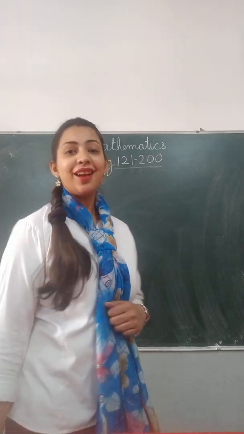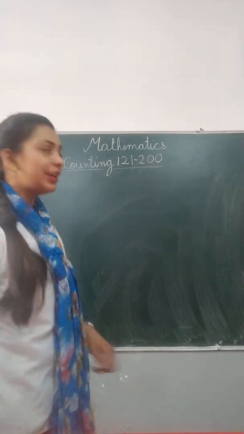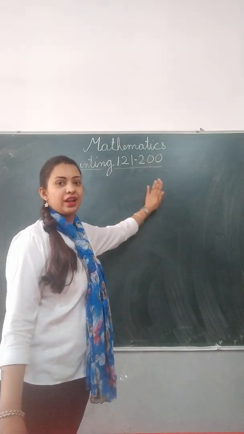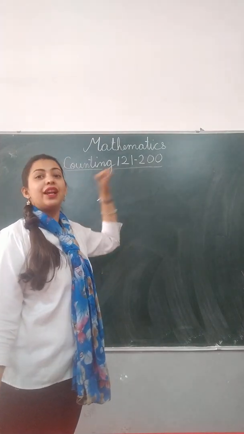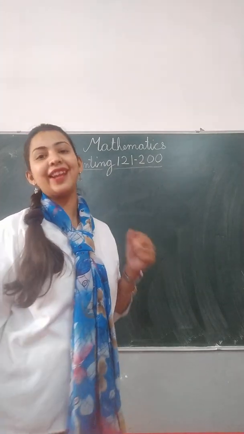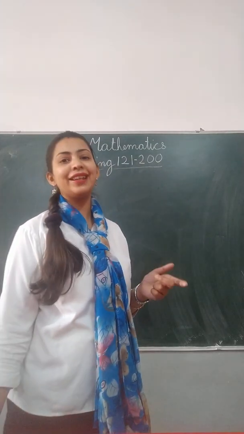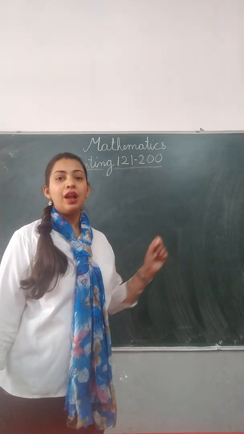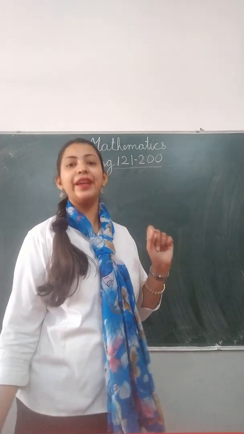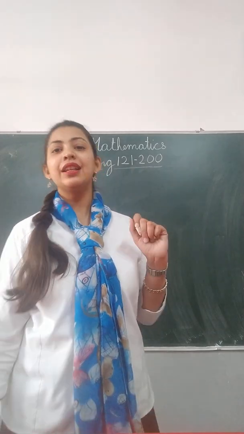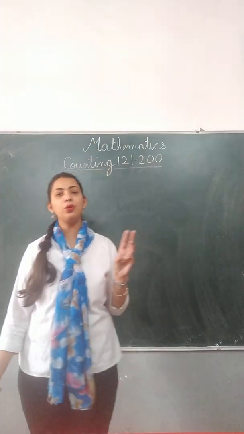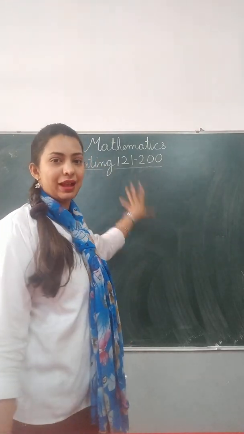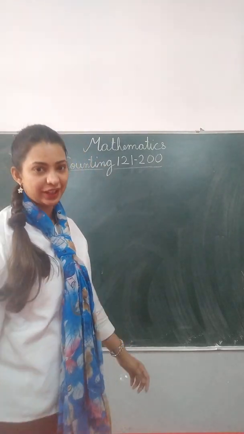For today's class, mathematics, we are going to learn how to write counting from 121 to 200. We are going to learn how to write the numbers under their place values, tabs H, T, O. You already know the meaning of H: H symbolizes 100, T symbolizes tens and O symbolizes ones. But how do we present it in our maths notebook? That I am going to teach you right now.